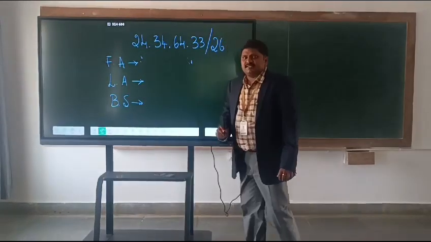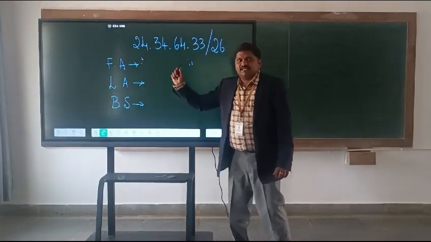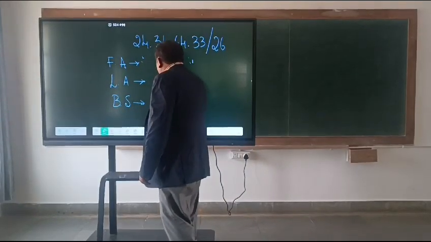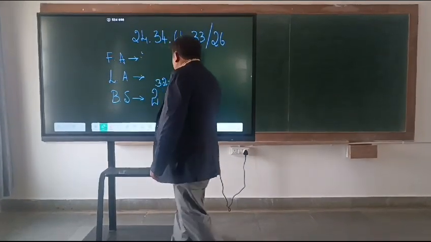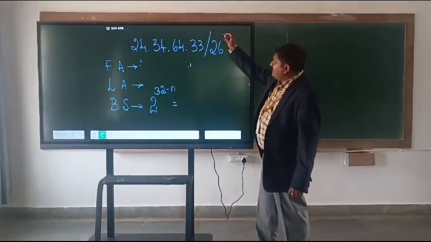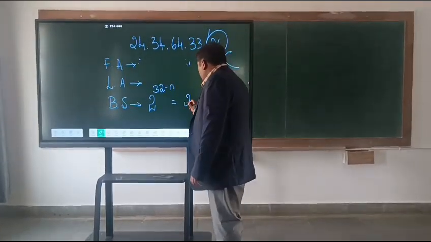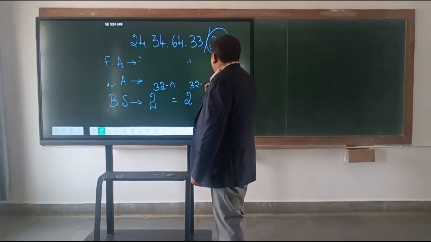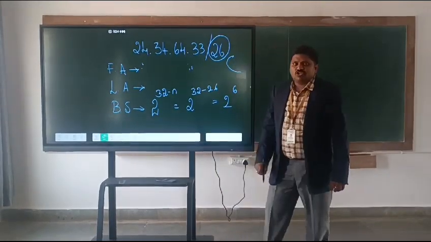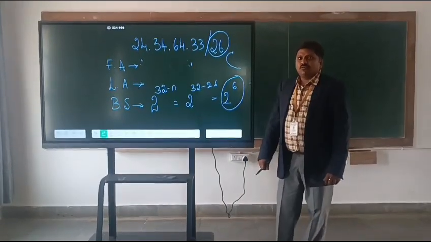To find these three things, that is the first address, last address, and the block size, let us see the steps we can follow. To find the block size, we have the formula 2 to the power of 32 minus n, and we get the value of n from the /n notation given. So we have 2 to the power of 32 minus 26, which gives 2 to the power of 6. So 2 to the power of 6 is the number of addresses, or our block size.